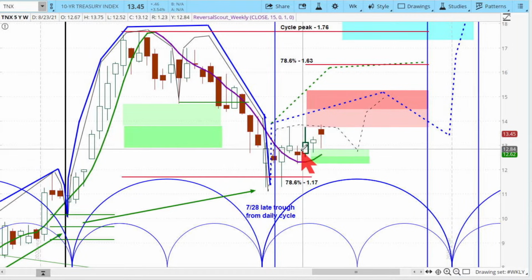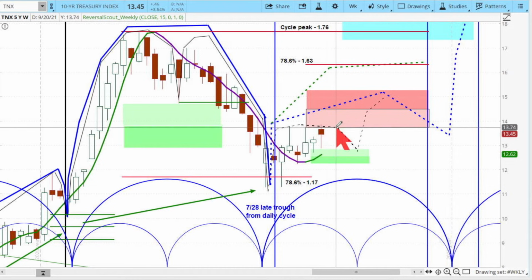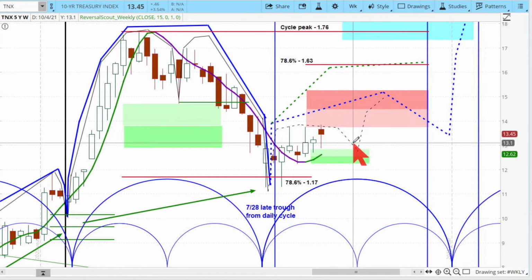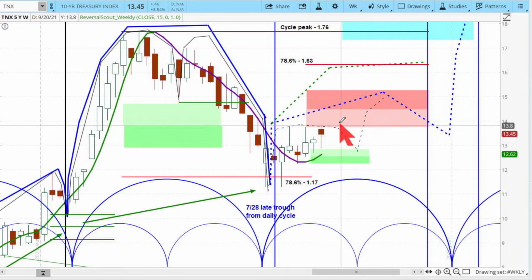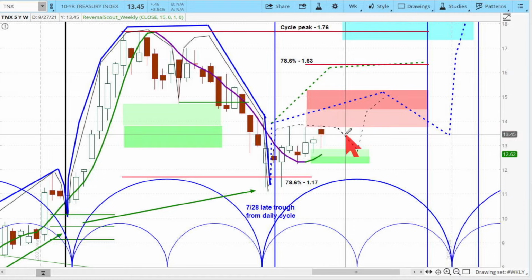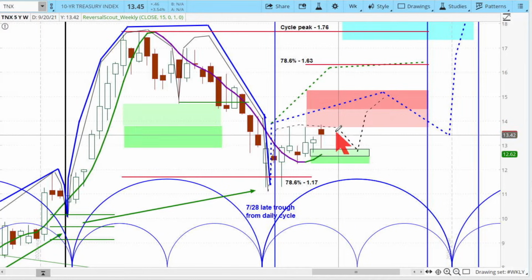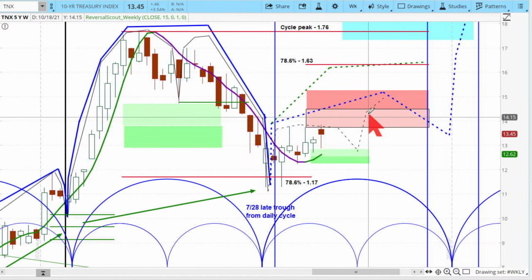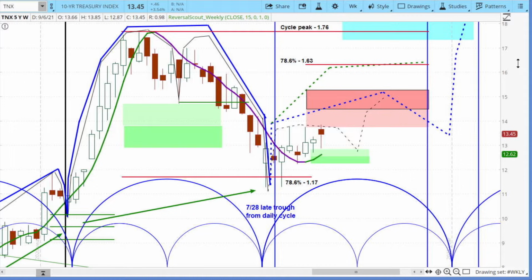So right now we're in this period where this minor cycle might exhibit some little downward force and choppiness in here, but then we think interest rates are going to be spiking up again. Part of this might be a time period right in here where the stock market gets a little sloppy and interest rates maybe come down as a little safety bid comes in the futures, but we think there's a spike right out over here, and that really could be in alignment with a very big break in the Treasury futures